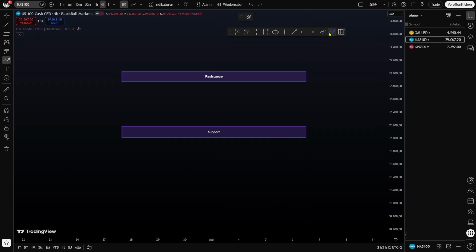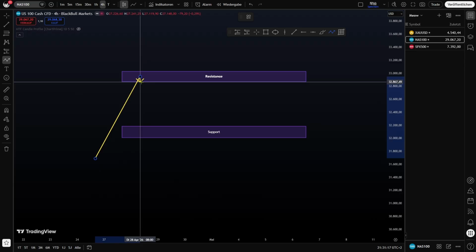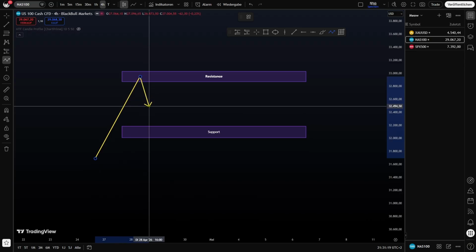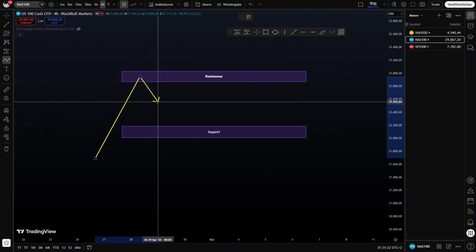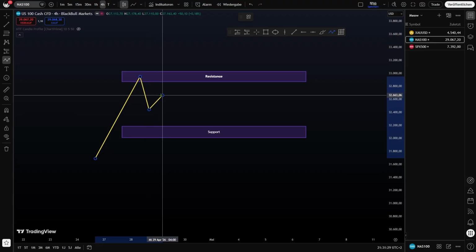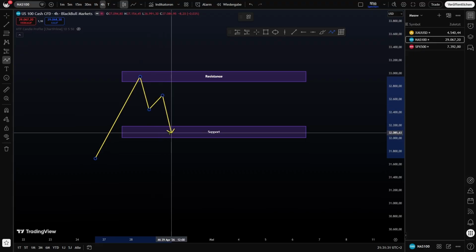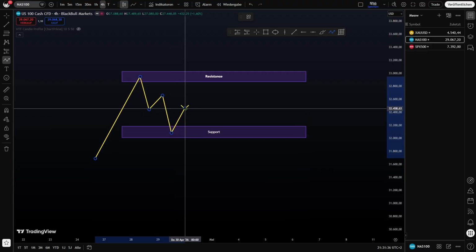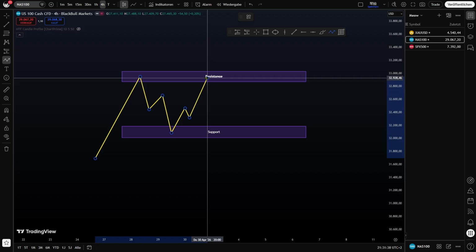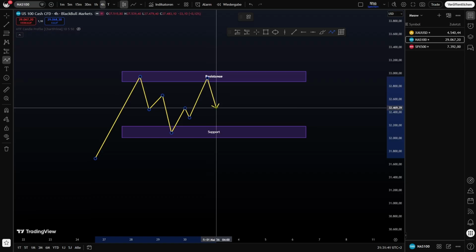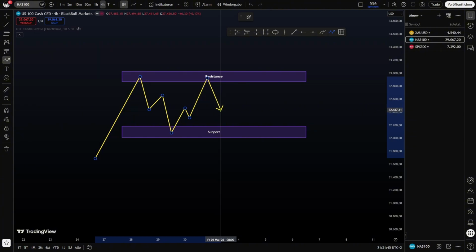So what does it mean? A resistance zone is an area in the market where price bounces off of. So basically like a ceiling where you can bounce your head, okay? So price hit its head, you can think of it that way if it's easier for you, and it's falling to the floor. What is the floor? The floor is the support zone where price gains strength again to bounce back up into the resistance. And this game of ping pong pretty much goes on for as long as the price doesn't leave the range